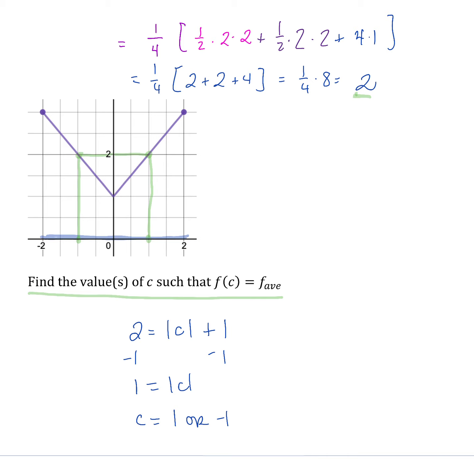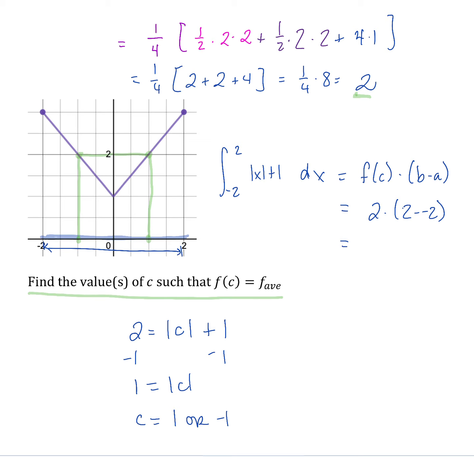But also in that picture, it's saying that the area under our curve, the area from -2 to 2 of our function here, is equal to that f of c times b minus a. So in this case, our f of c is 2 and b minus a is 4, and the product is equal to 8, which was our area under our curve. And we can also see it from our picture here. If we take that height being 2 and b minus a is our length, here this area